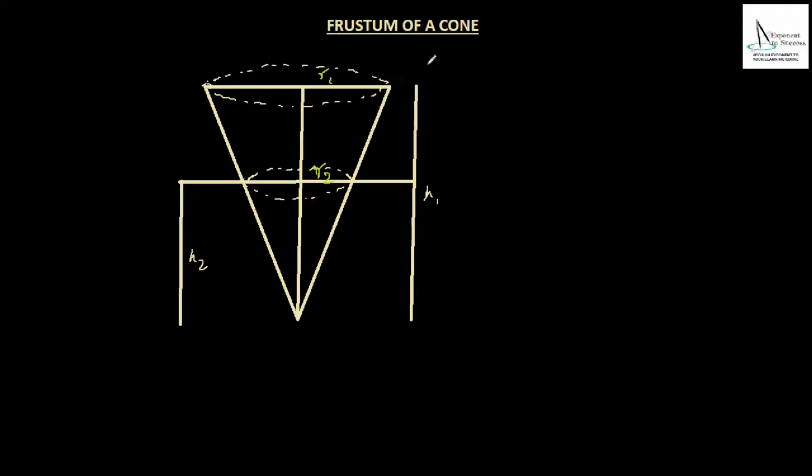Now let us look at the frustum that I showed you in the beginning. This part of the frustum that we see, that is, if we take out the smaller cone from this, what we are left with is a frustum. That has a height as well, and let us call it h. A cone has a slant height as well, and let me call the slant height of the bigger cone L1, and the slant height of the smaller cone L2. So what we are left with now is the slant height of the frustum, and let's call that L.